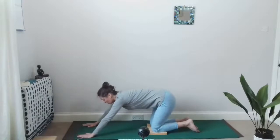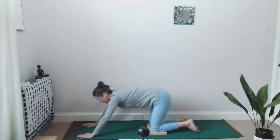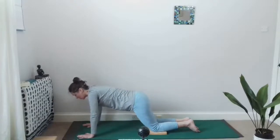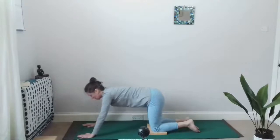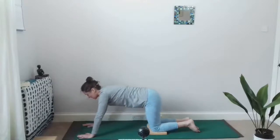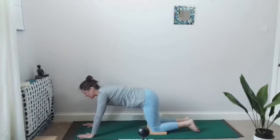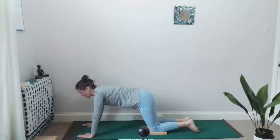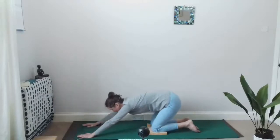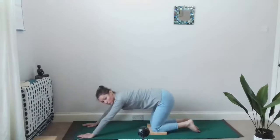And we'll take a short, small rocking motion for the upper body. So you move your head towards your hands and then move the bottom back towards the heels. Now this rocking motion is meant to be really nice for the lower back, especially if you have got a little bit of a strain in the lower back from lifting or moving something. We go nice and smoothly forwards and back,